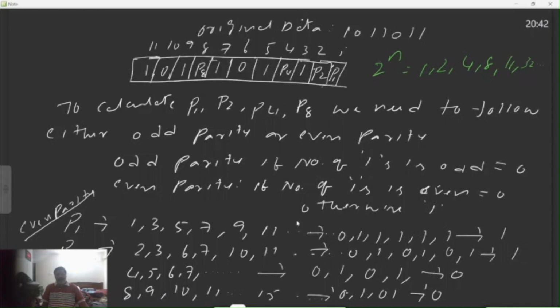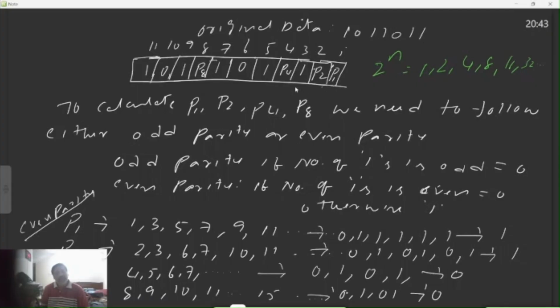Okay. If you are following even parity, if the number of ones is even, then the result is zero, otherwise the value is one. Let's find out the value of P1. P1 can be calculated because this is the first one, P1. So P1 can be calculated like this: